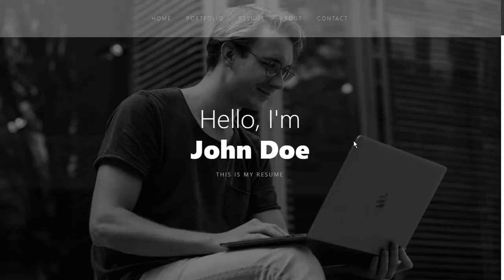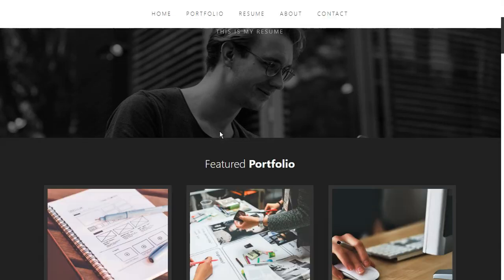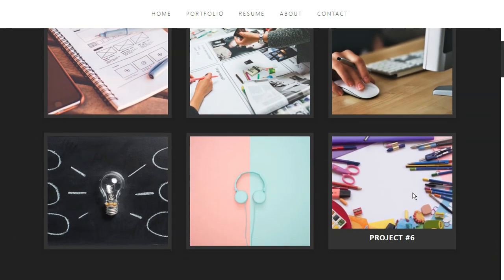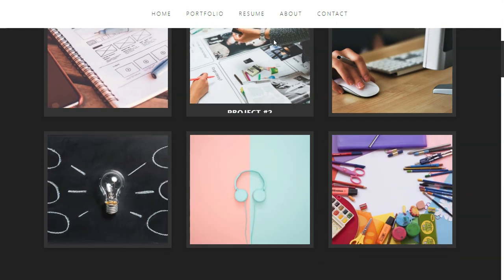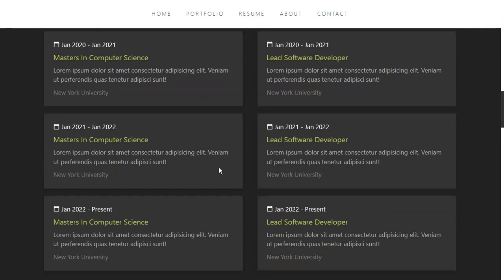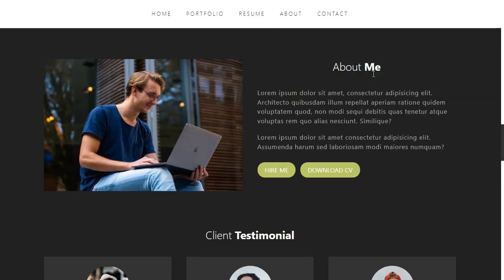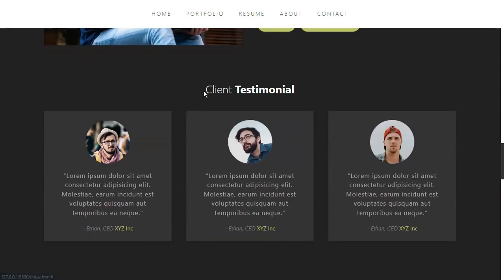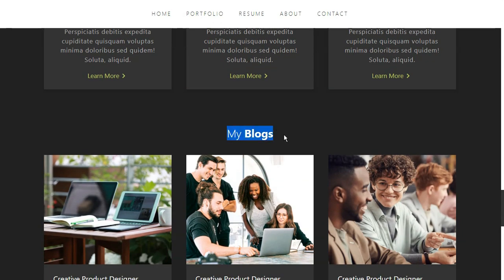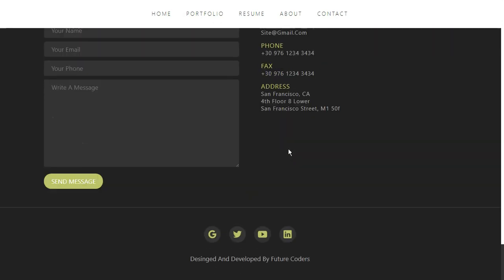Let's show this one more time. As you can see, we have this home section, we have this footer, this portfolio section with this hover effect. We have this resume section with education and experience columns. We have this about section with these two buttons. We have client testimonials. We have services, my blogs, get in touch, contact section. As you can see, we have built lots of things and we have learned lots of things in this video,